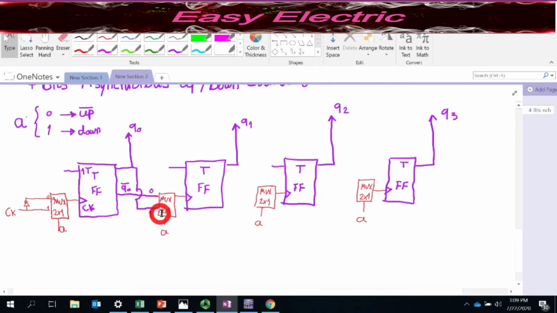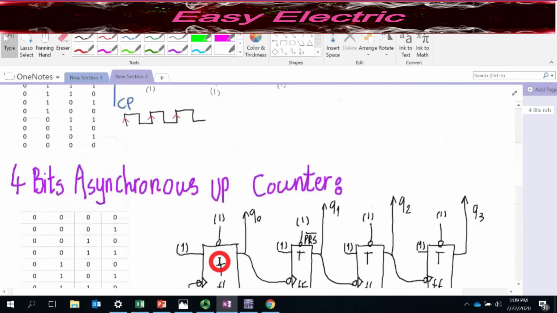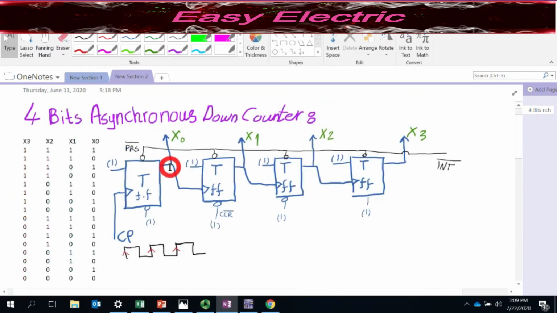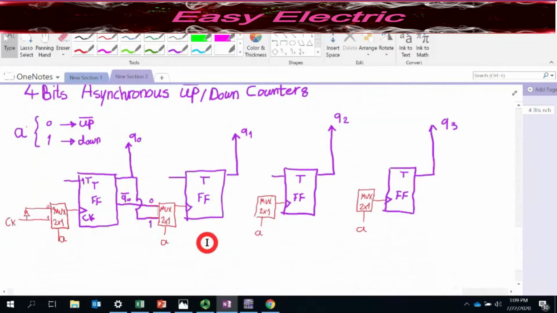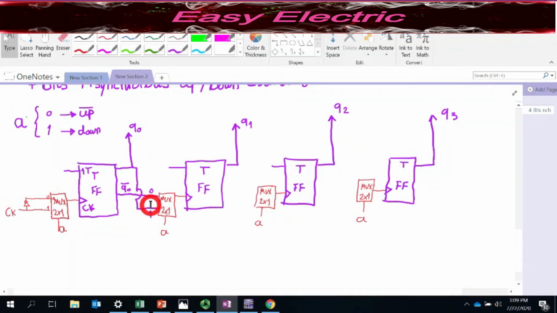So whenever this is 1, it is actually down counter. In down counter, which is this, you directly connect to here, which is the Q0. So that's the reason I put these exactly here, okay? So with the same argument, we could complete these two. If you again do the same thing and check both of them for the